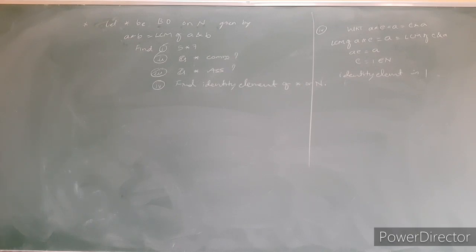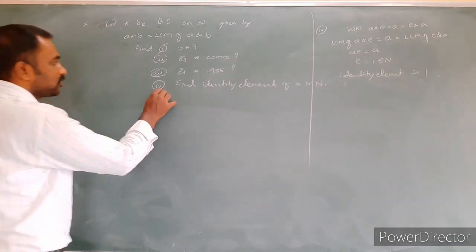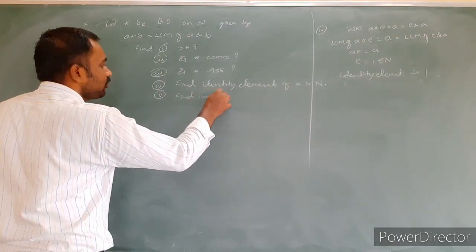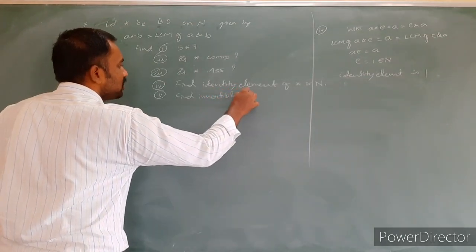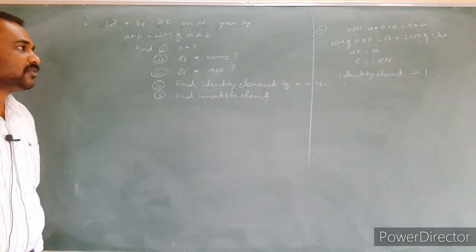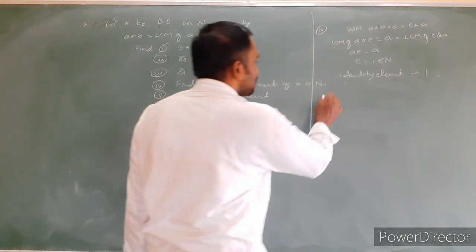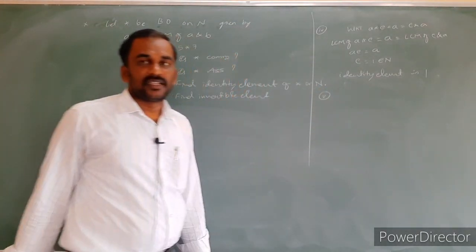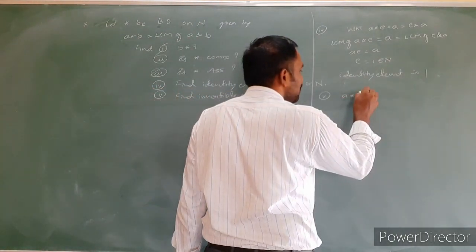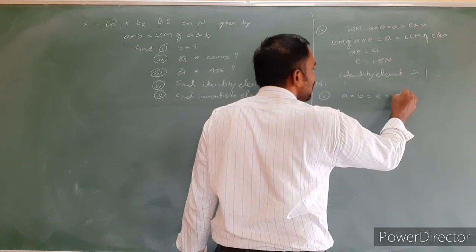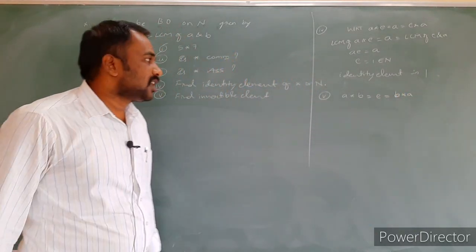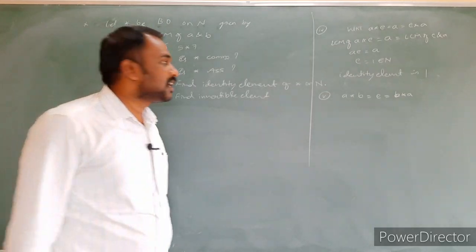And one more case is there before going to this one. Here one more case is pending. Find the invertible element. Because the identity element exists, better to find the invertible element. Okay, I just solve the fifth case here. The invertible element definition, we know that. Write the definition, very simple. What is that? A star B is equal to E as well as B star A is equal to E.